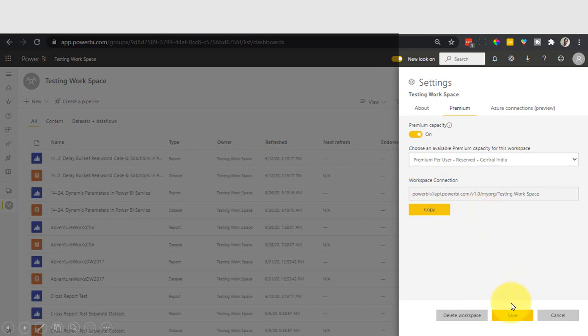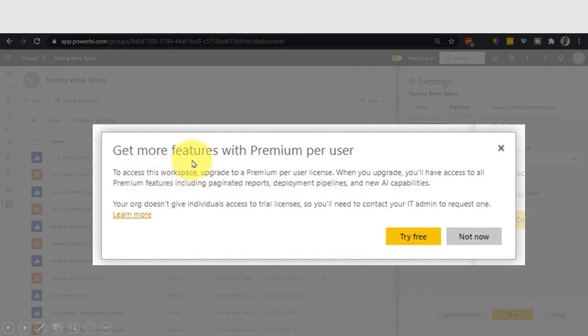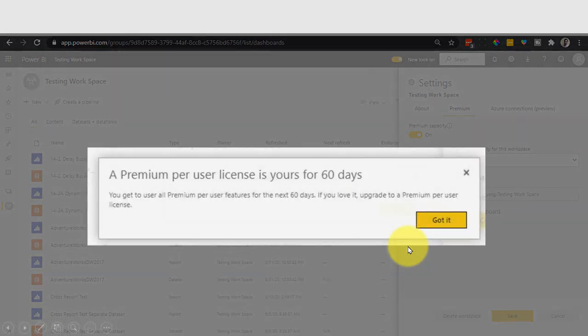You save this one, and then it will give the prompt like this: get more features with premium per user. To access this workspace, upgrade to a premium per user license. When you upgrade, you will have access to all the premium features, including paginated reports, deployment pipelines, and new AI capabilities. Your organization doesn't give individual access to trial license, so you will need to contact your IT admin to request one. So if you click on try free now, then you will get a prompt message like this: